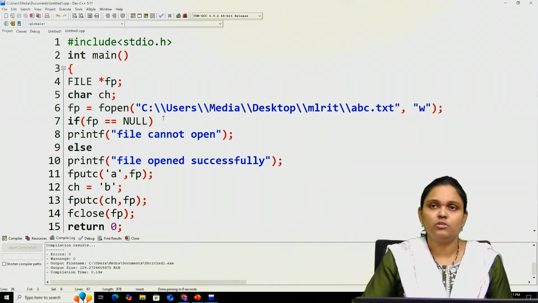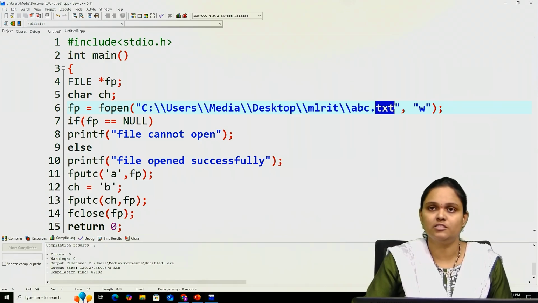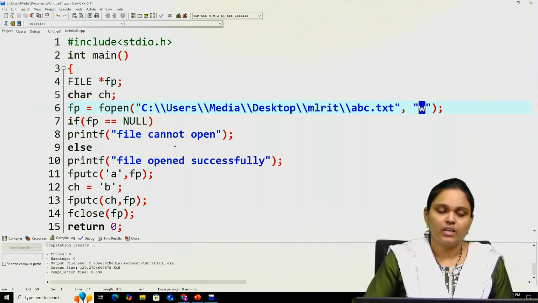So this is the program that we have discussed right now. We are opening the file with the name abc and the extension .txt. The abc file is a text file, and we are opening the file in w mode. And the next,